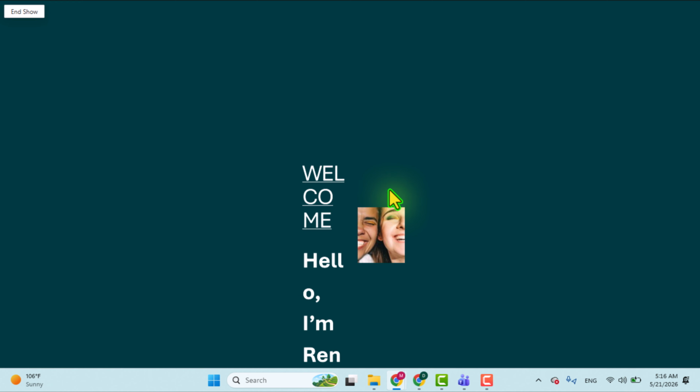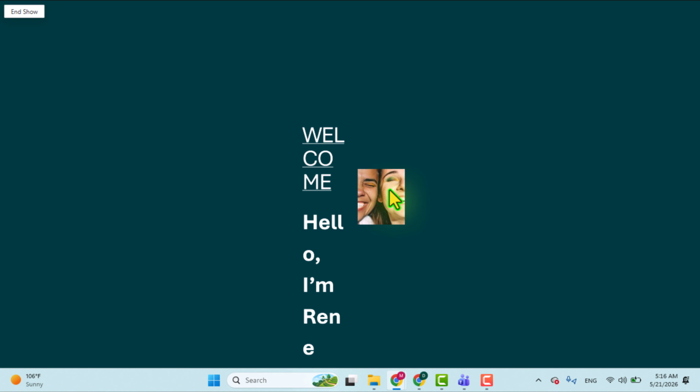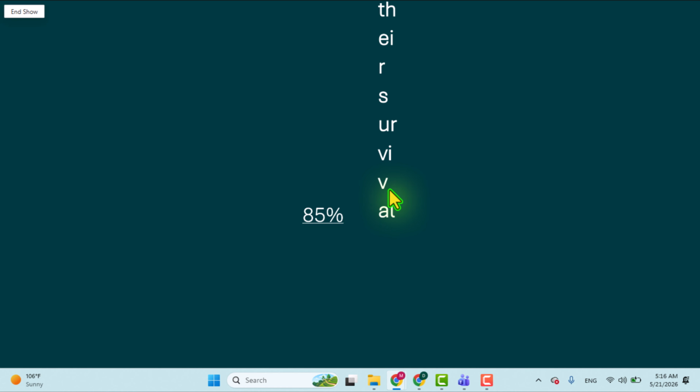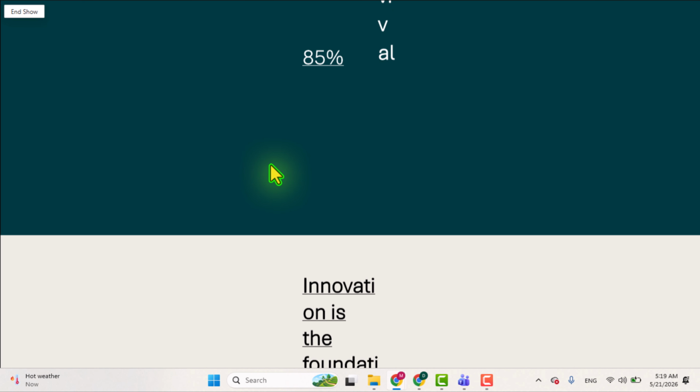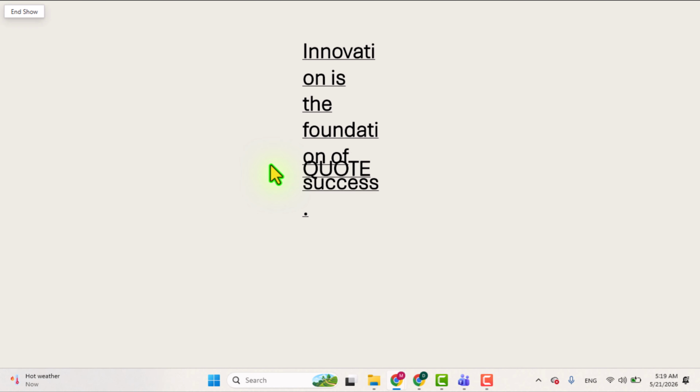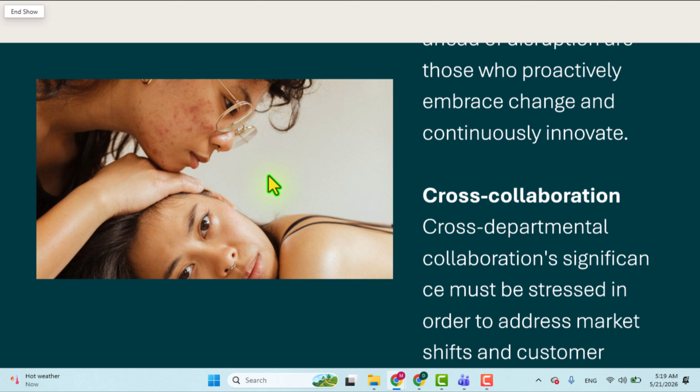Once you start sharing, participants will only see your slides, while you can still privately view your notes in presenter view. You can now move through your presentation normally while keeping your notes hidden from everyone in the meeting. That's it. This is how you can hide your presentation notes in Microsoft Teams while still using presenter view for